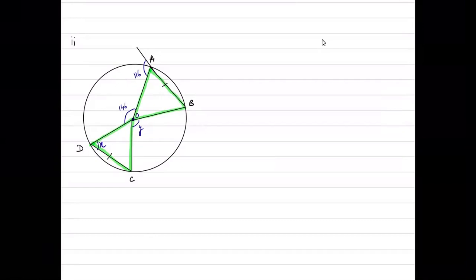Let's find out this angle. Angle OAB is going to be 180 take away 116, which is 64. So if this is 64 degrees, then this is also 64 degrees, and this angle is going to be 180 minus 2 times 64, which is 128, so 52. So this is also going to be 52, and therefore x is also going to be 64.